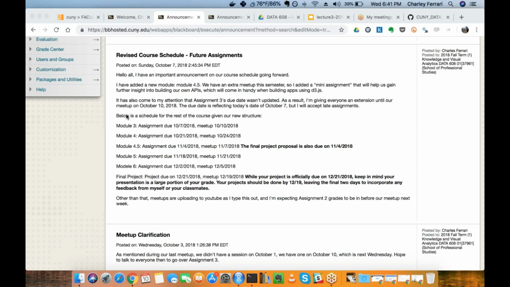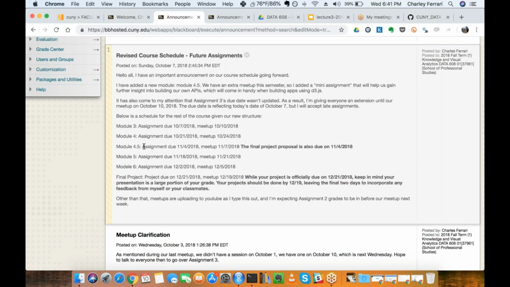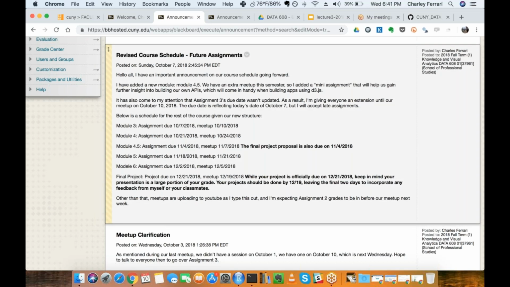We missed a couple of the Jewish holidays, I believe, and there was something else, like usually we have at least one meetup that we skip. So I stagger the assignments accordingly. But in this case, since we have all meetups, I added a module I'm calling module 4.5.